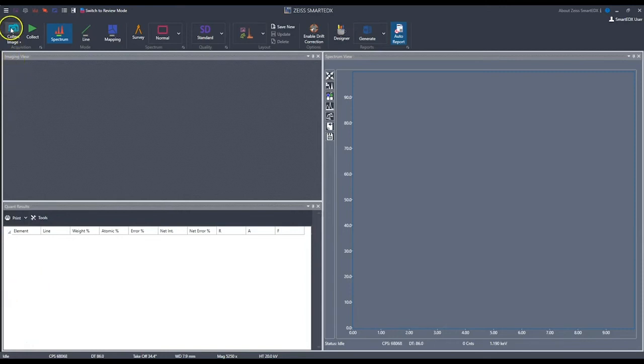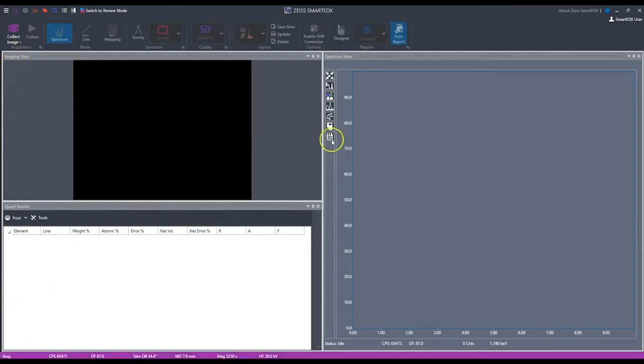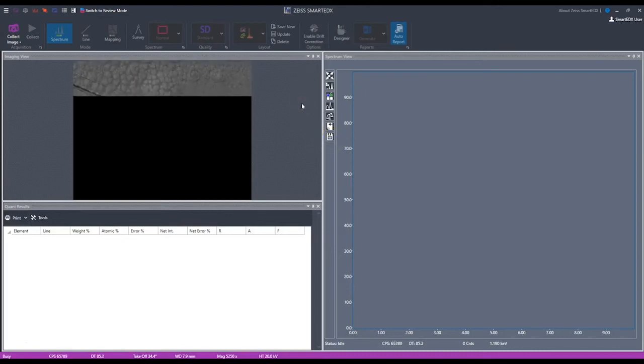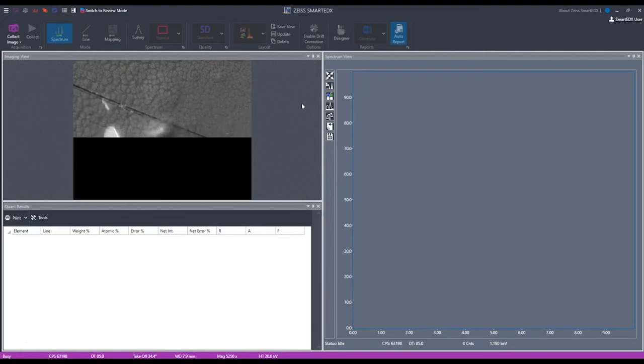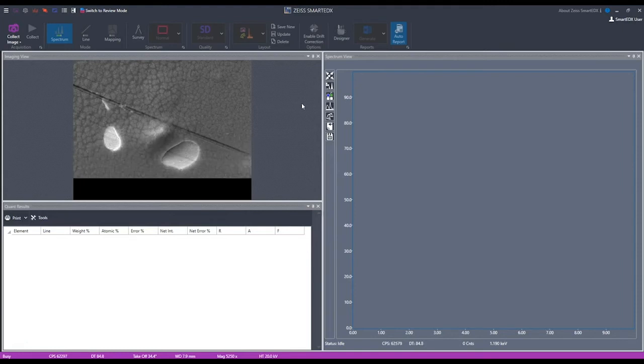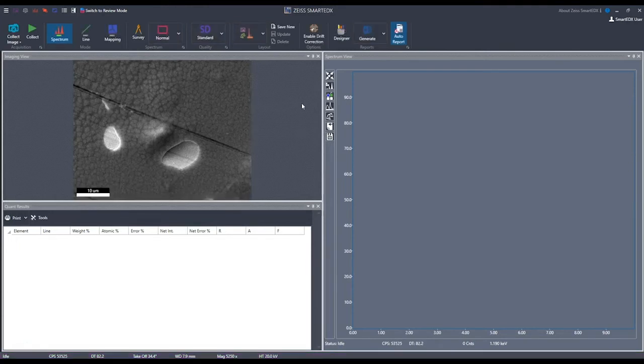So we're going to come up here, and this will load up the image that Josh took previously and upload it into this program to use. And using this, there are a few different ways we can analyze our sample depending on what we're looking for. First, we're going to look at point analysis. Using this, we can see the elements that are found in a small point area. And this is really useful when we want to quickly identify an element to see if we are on the